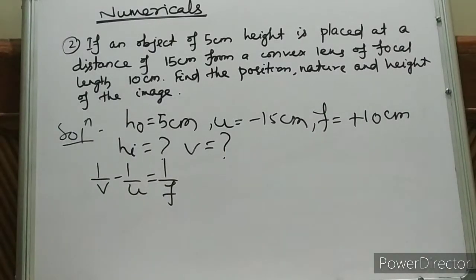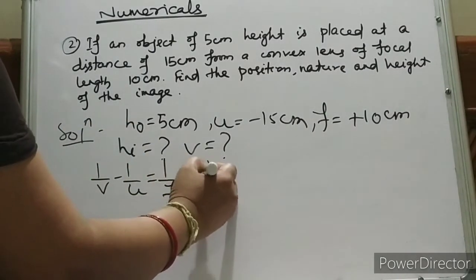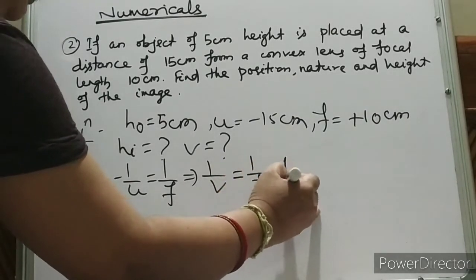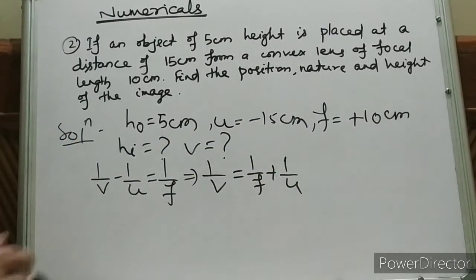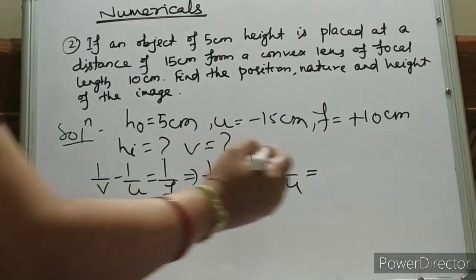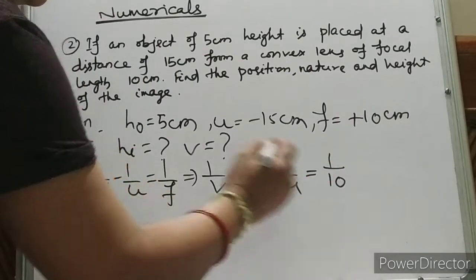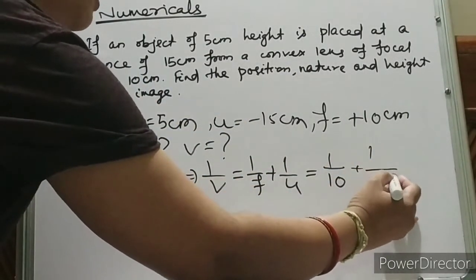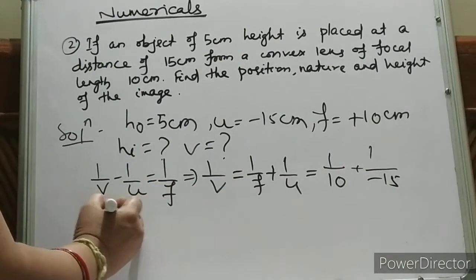We have to find v, so we'll keep 1 by v like this: 1 by f plus 1 by u. So what is f? f is plus 10, so we'll write 1 by 10. What is u? It will be plus 1 by minus 15, and you can calculate the